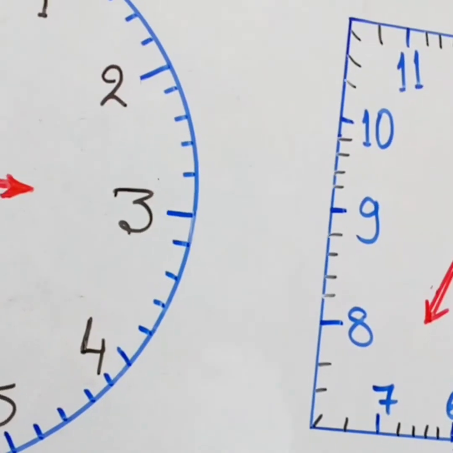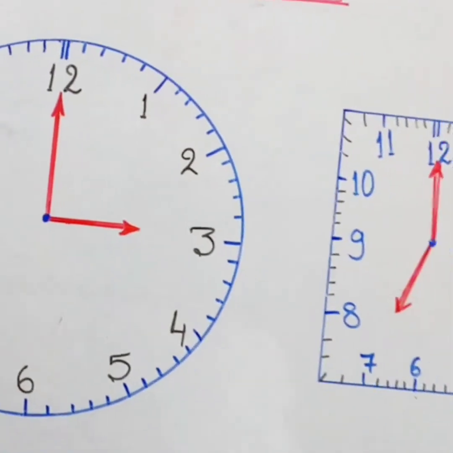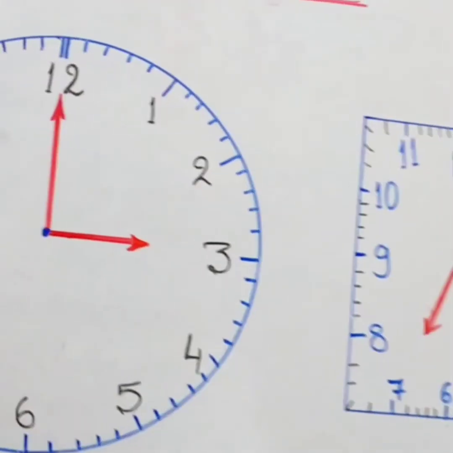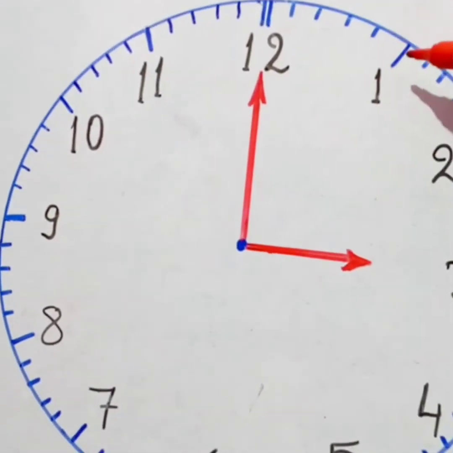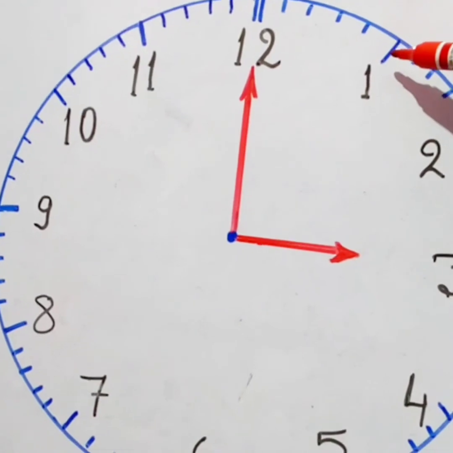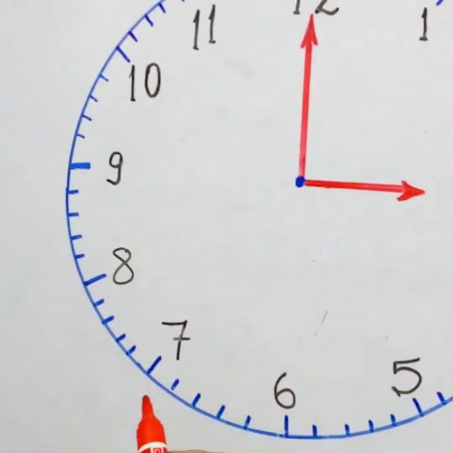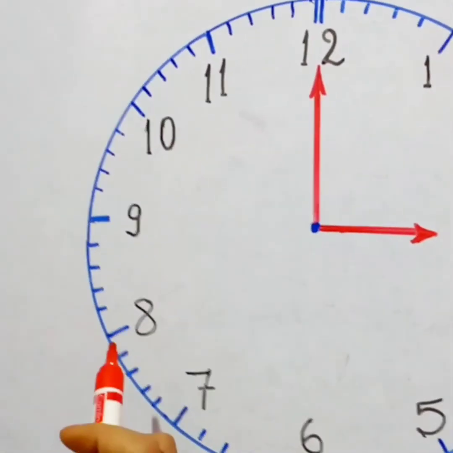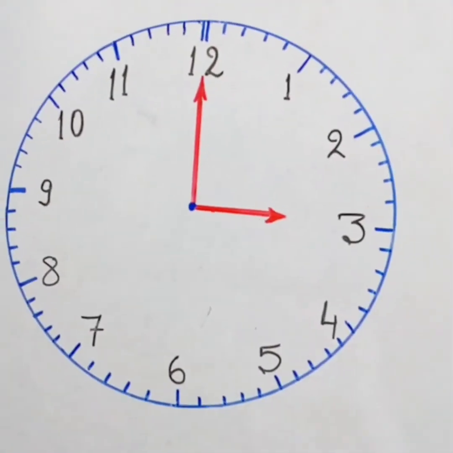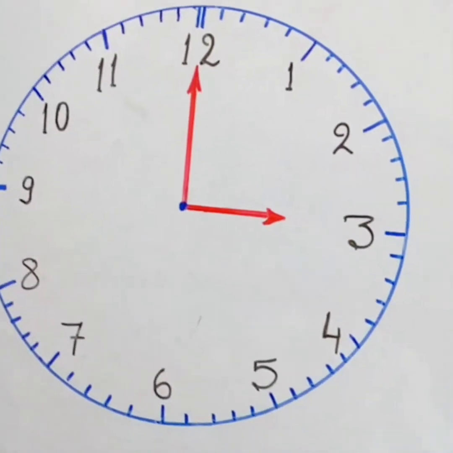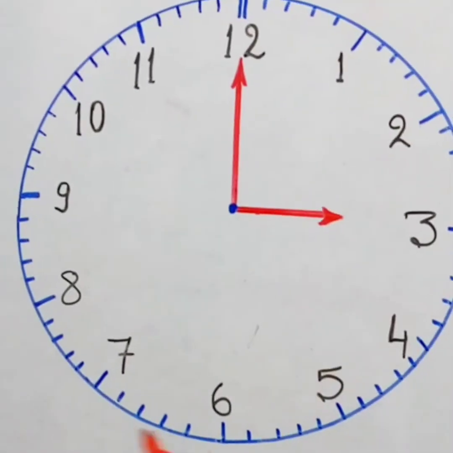Similarly, in between 1 and 2, in between 2 and 3, and if you start counting the units from the mark 12 and come back to it, you will get 60 units. Here you start from 1: at 1 it is 5, 10, 15, 20, 25, 30. It means multiples of 5. 35, 40, 45, 50, 55 and 60. It means there are total 60 units. So 1 hour is equal to 60 minutes.